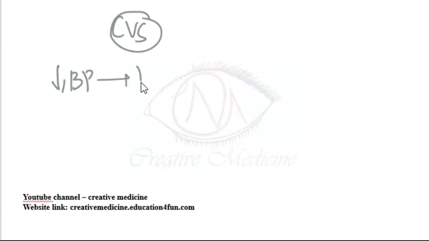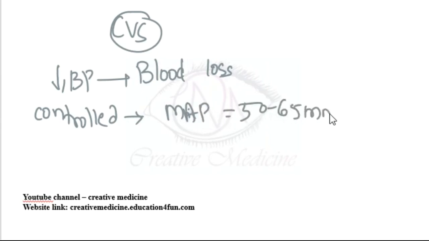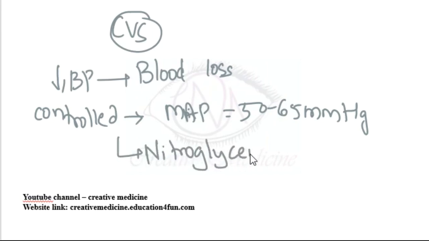Prevention of hypotension. Whenever there is controlled hypotension, we should maintain the mean arterial pressure between 50 to 65 millimeters of Hg, and we can do autoregulation. The agents used in controlled hypotension: nitroglycerin can be used, but nitroglycerin has